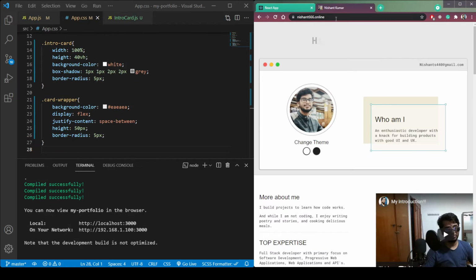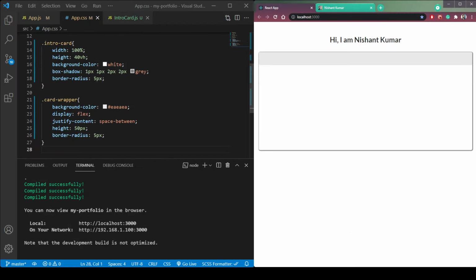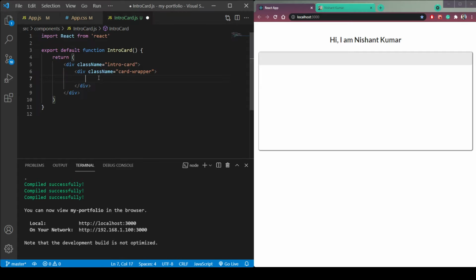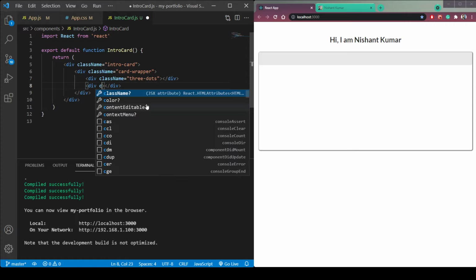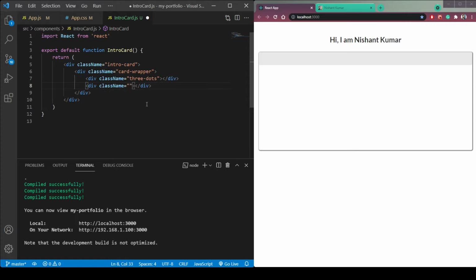To add the 3 dots and email, let's head to intro card.js. So create 2 more divs. One will be for class name card, 3 dots, and another one, this one will be class name email section, or let's say email wrapper.